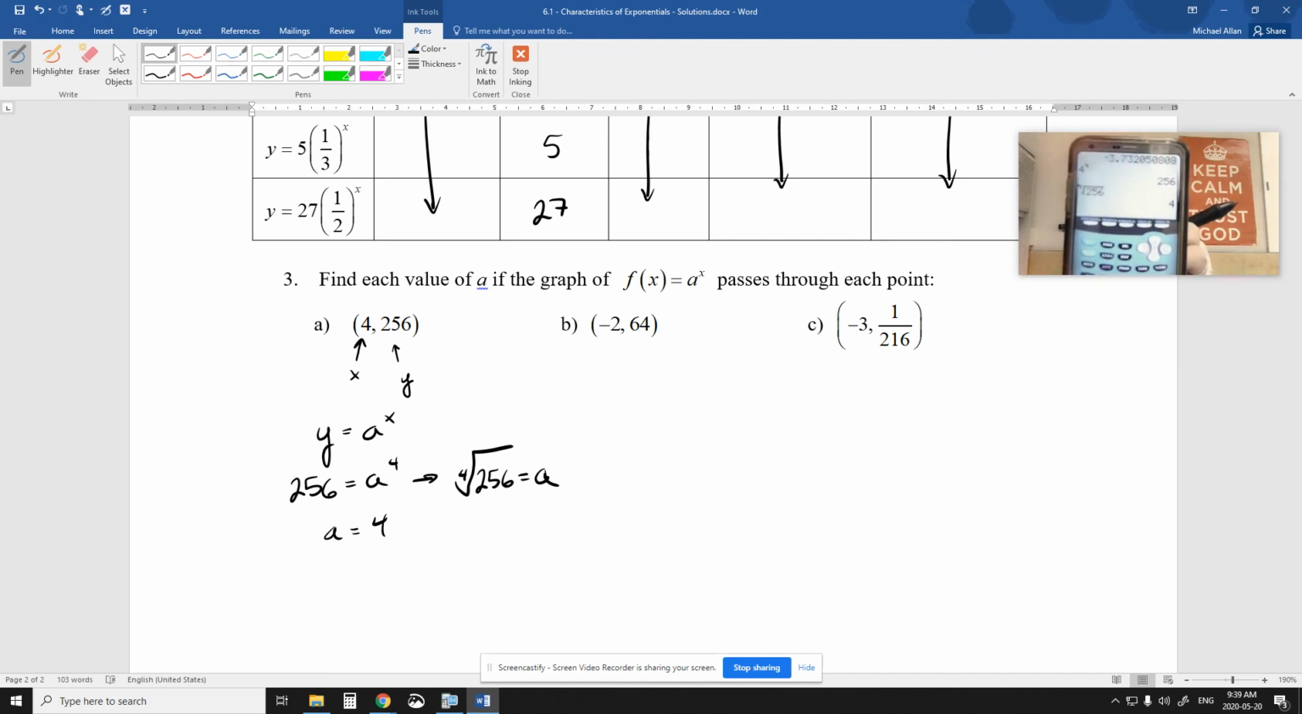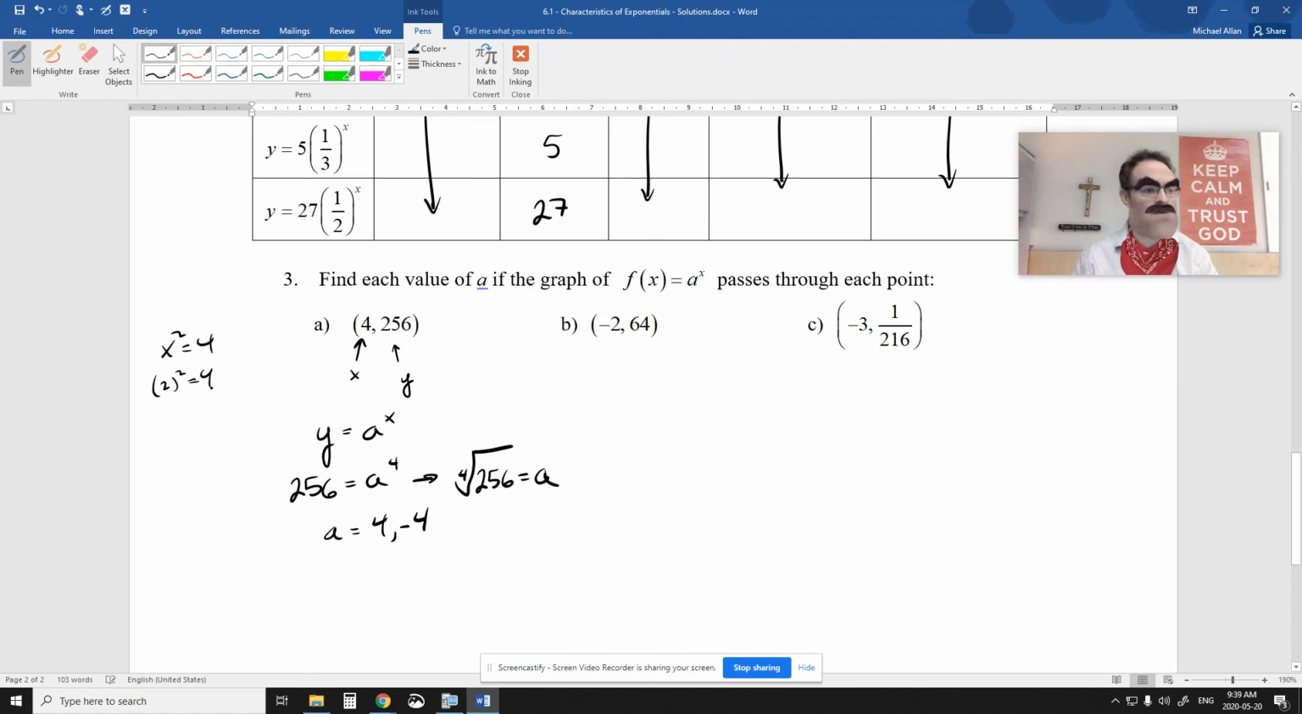Okay, pretty good. Now, it gives me a 4, so that's good. So that gives this answer here. But because this is an even index, you also have that plus and minus idea. Because remember, if I square a number and I get 4, I could square 2 and get 4. That makes sense. But I could also square negative 2 and get 4. So there are 2 answers here. That would give me the solution I need. Because it's an even root, it's going to have the same